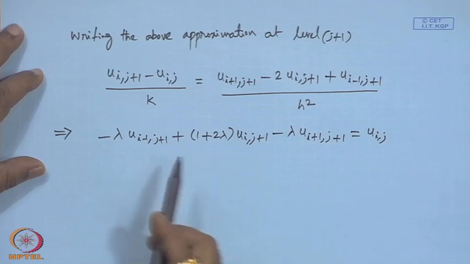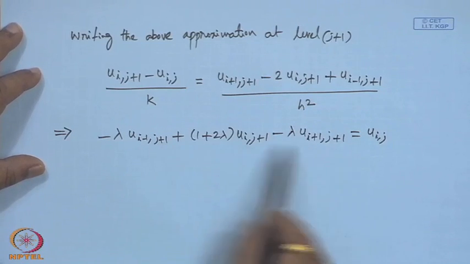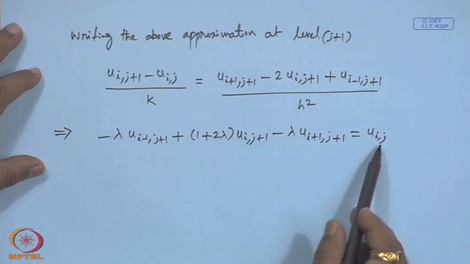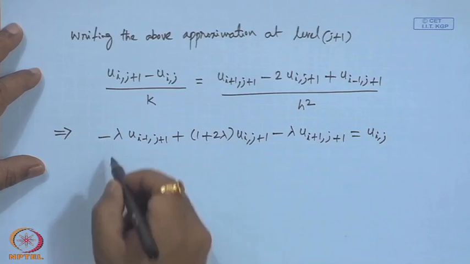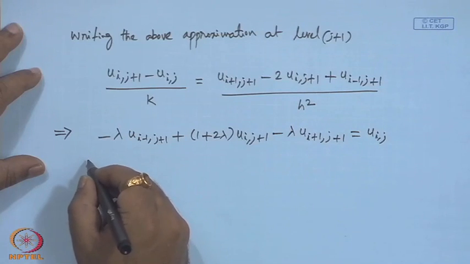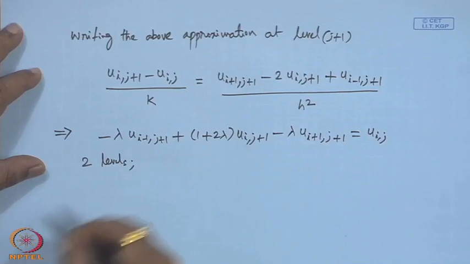The left hand side has terms at level j plus 1, the right hand side has terms at level j. So, in some sense two levels are involved, but